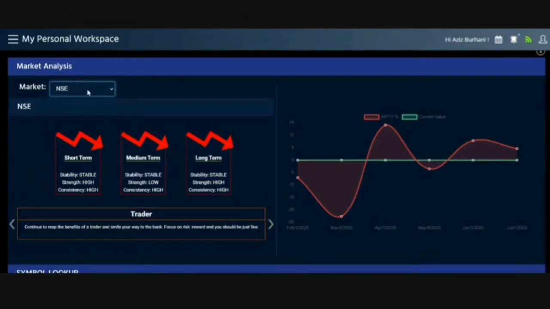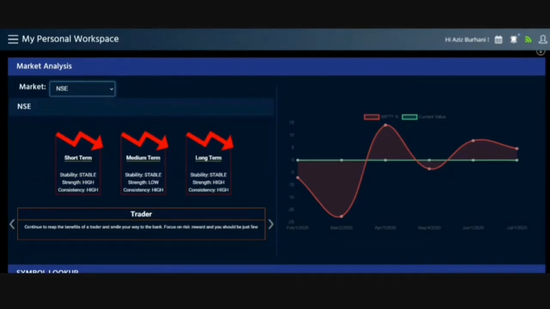And you can see the market outlook for 10 different markets: MCX, NSE futures, NSE, BSE. And if you see here, we have separate market analysis for NSE, and we have separate market analysis for NSE futures, because NSE and NSE futures are very different in their composition and behavior. If you compare NSE futures with NSE, they are not the same. They are very different in their composition. They are very different in their behavior. That is exactly why we have different market analysis or market outlook for NSE and NSE futures.